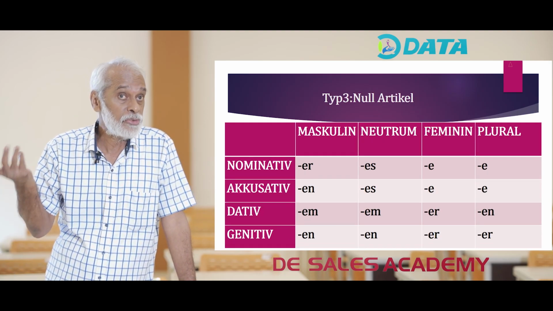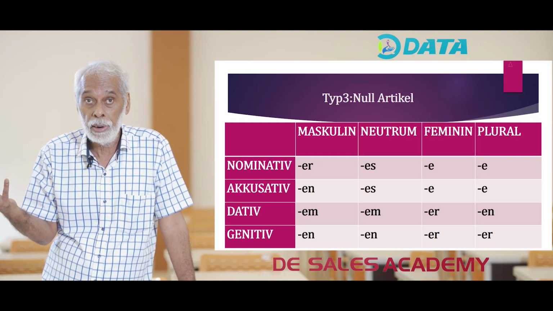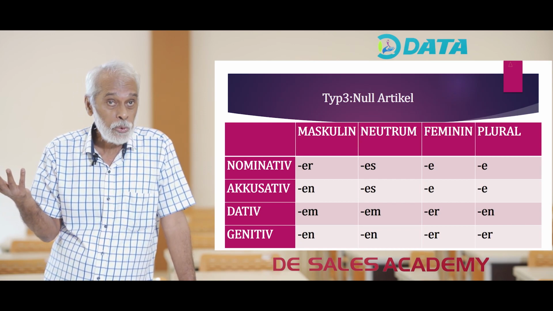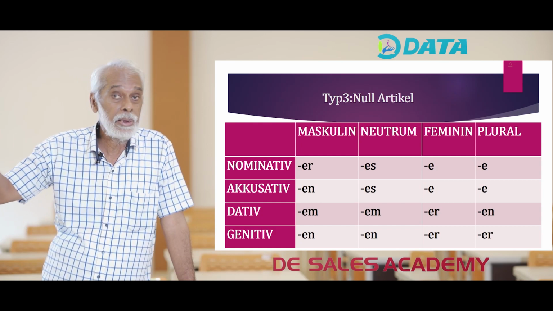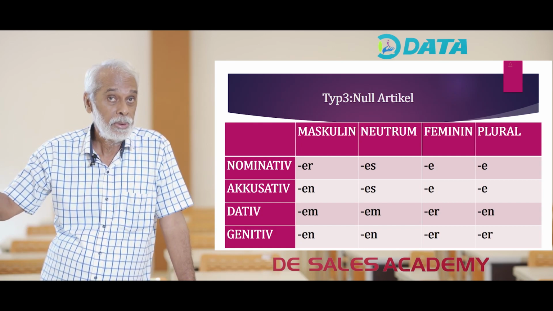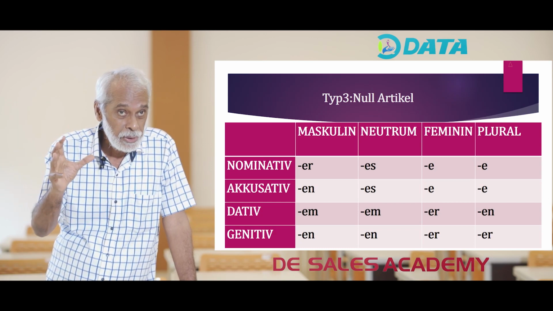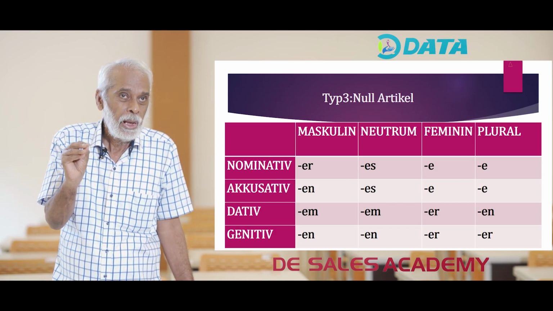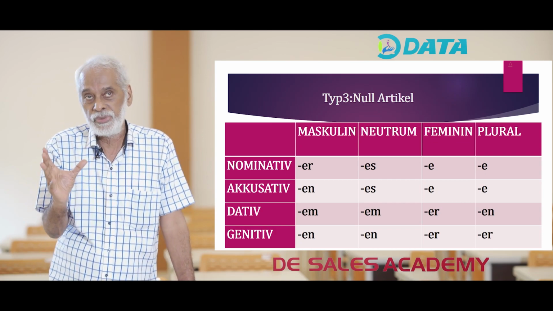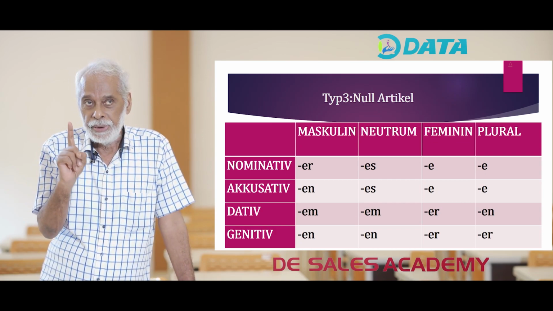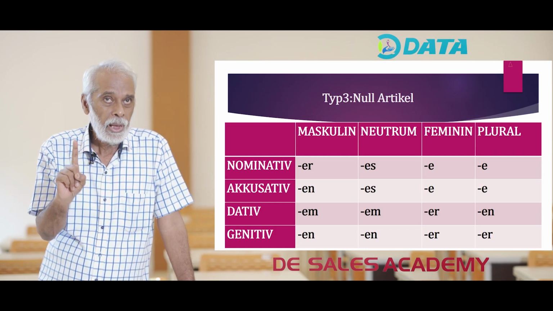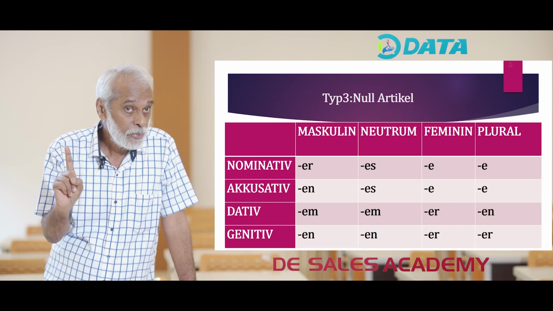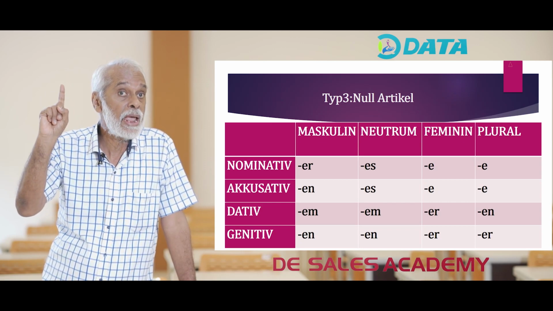Coming to type 3, that is 0 article or null article, there also you will find en in many places. So you have to be a little careful as far as the 3rd type is concerned, and there you need a little practice. And the dative masculine and dative neutral, it is em, which reminds you of the